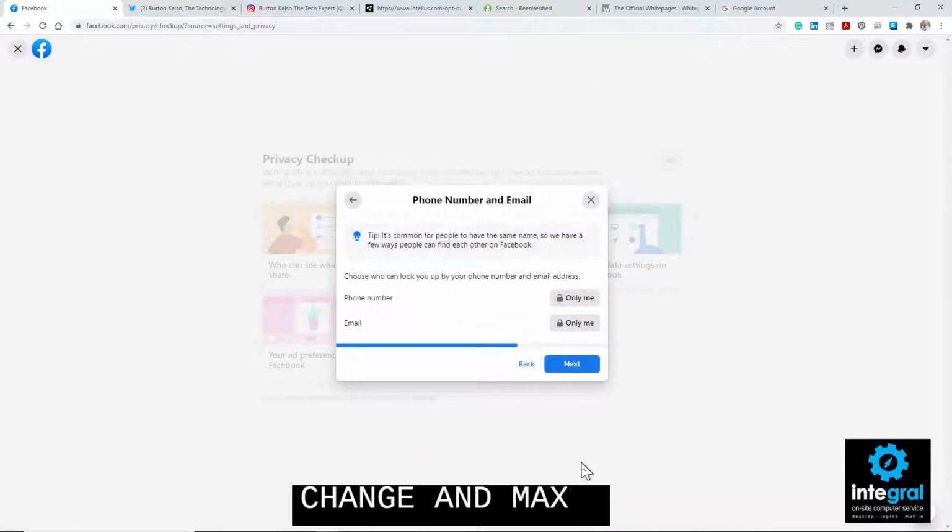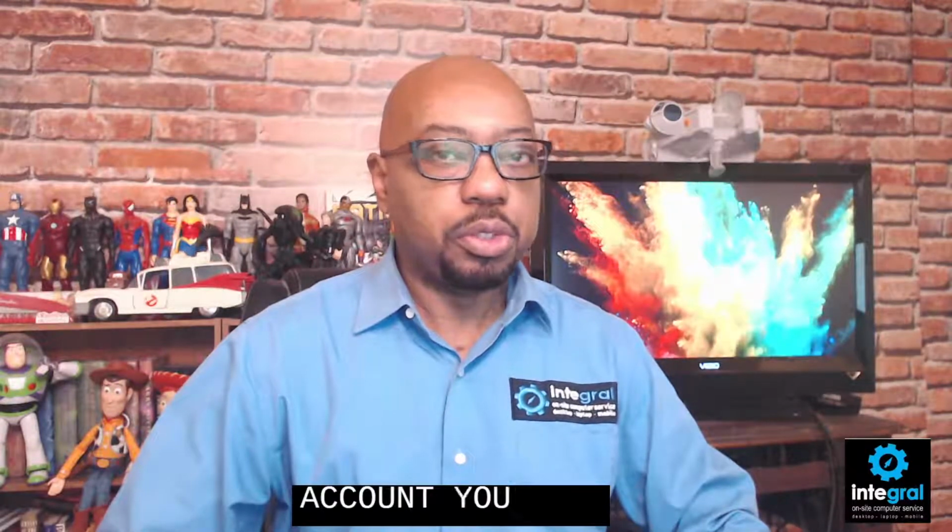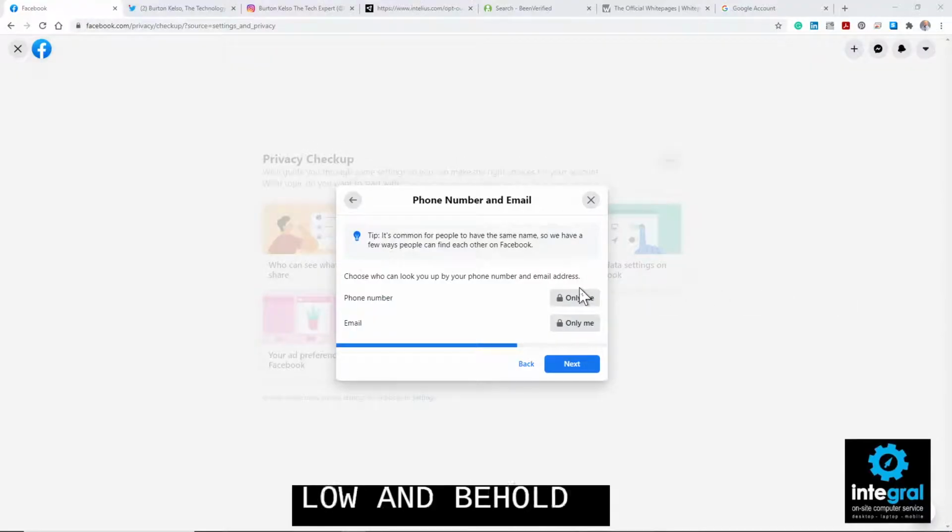Now next, you want to go to who can look you up by your phone number and email address. Now this is important because Facebook and a lot of social media accounts allow you to set up your account using your email or phone number. So if someone does a Google search on your email, lo and behold, or even your phone number, lo and behold, they can find your information on Facebook. So you want to make sure that this is changed